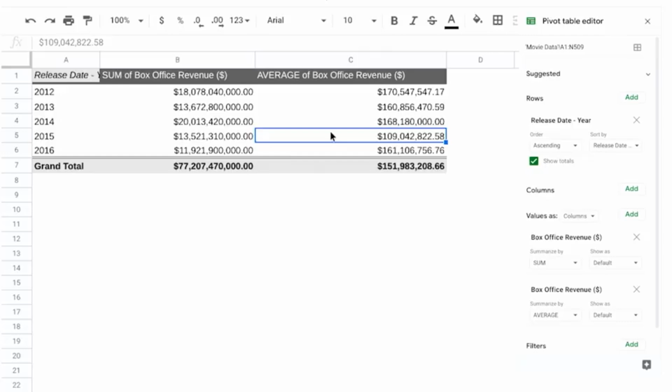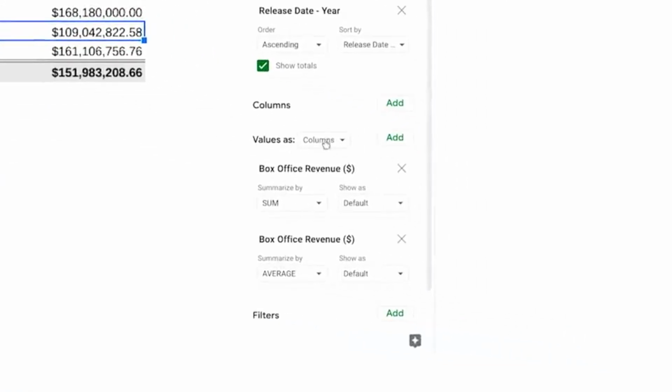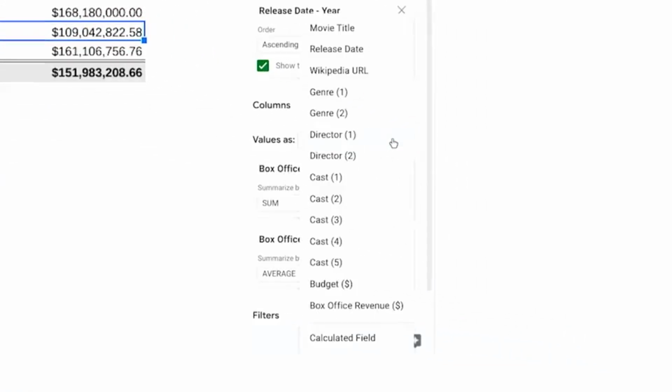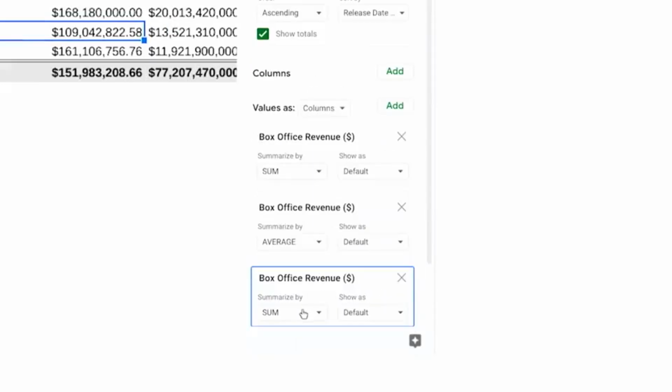When you're in your job, you want to answer the questions that your manager and stakeholders ask, but you also want to answer the ones that come up while you're doing your analysis. So let's try to figure this out. First, we'll note how many movies from each year were included in the dataset. We'll add a new value and use the count function this time.